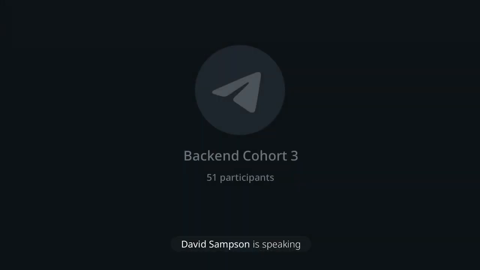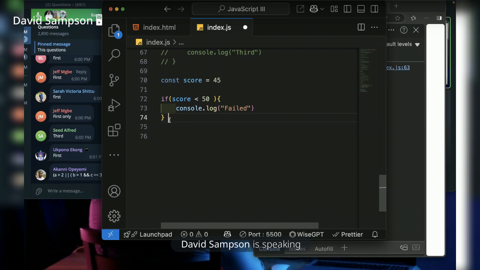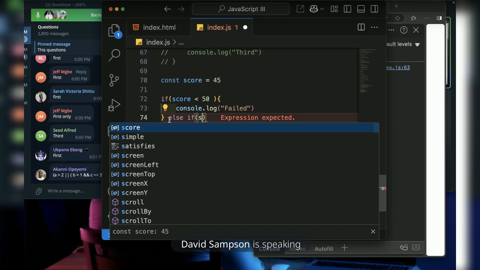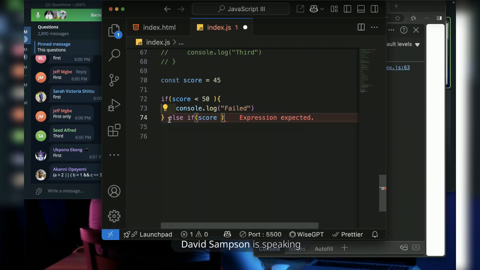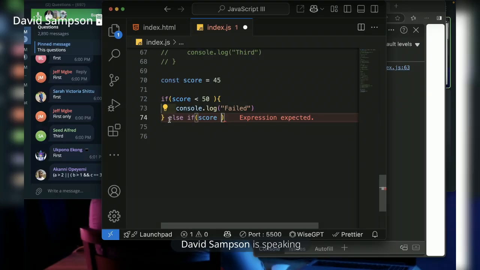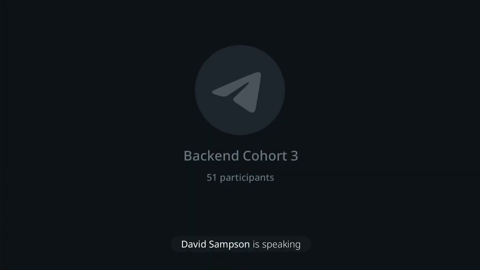That's how it happens in a school. Else, if your score is equal to 50 or